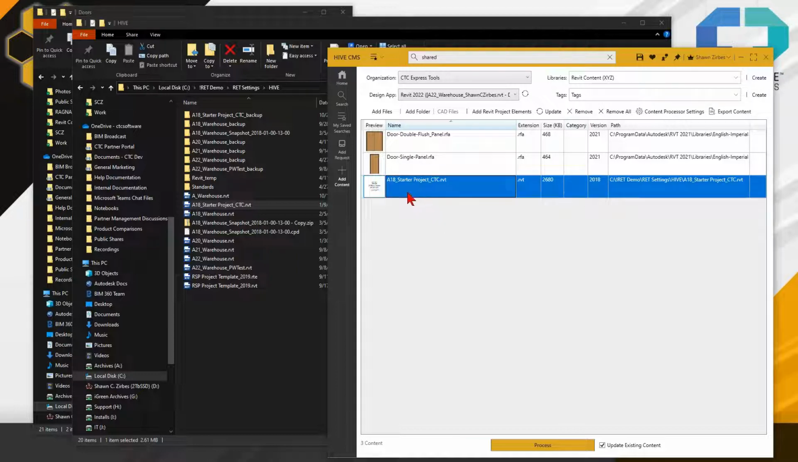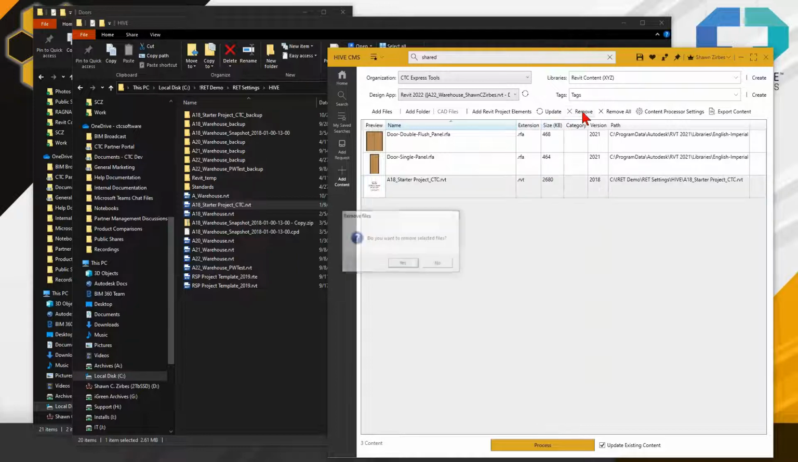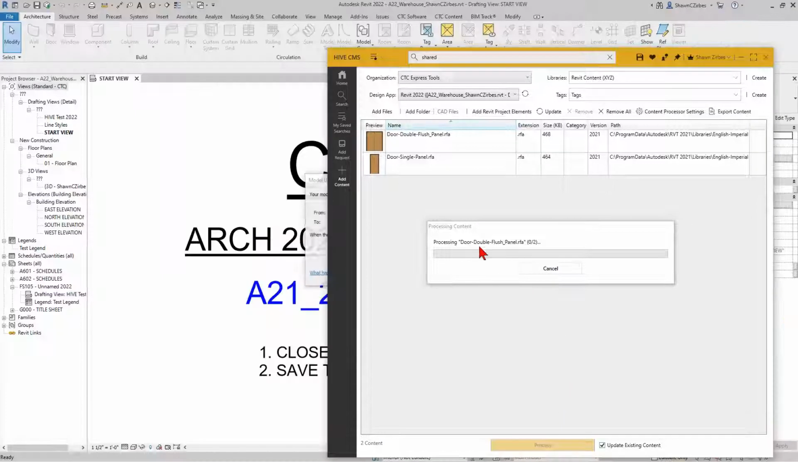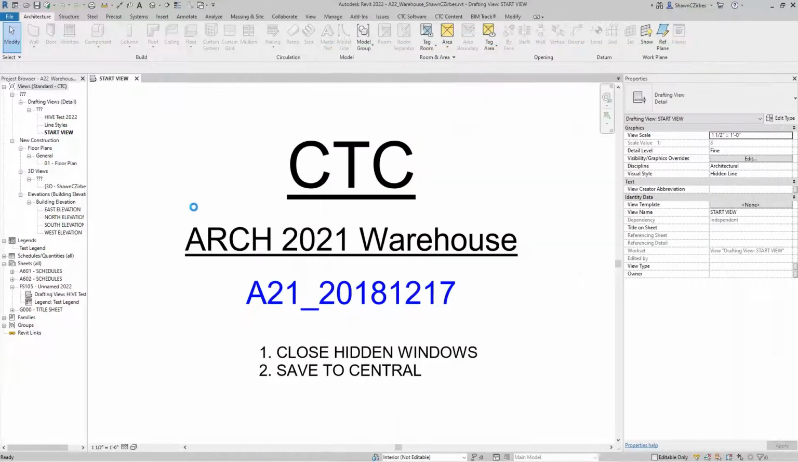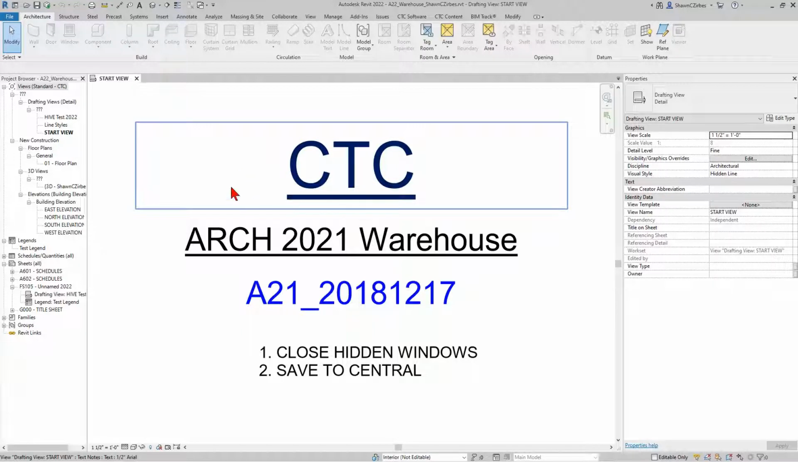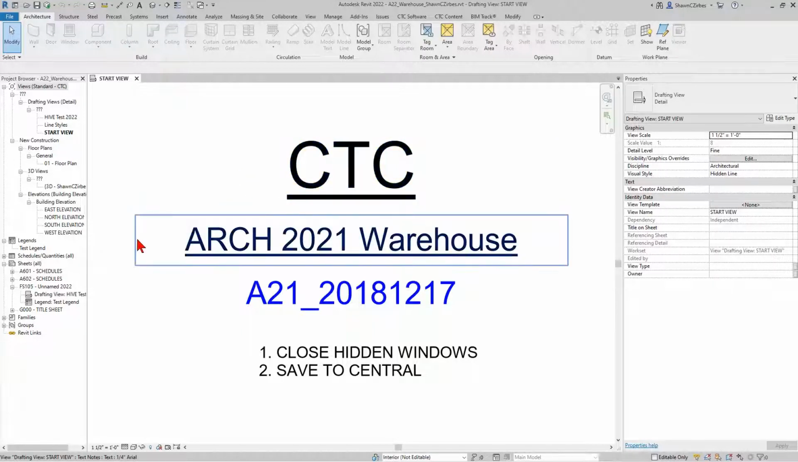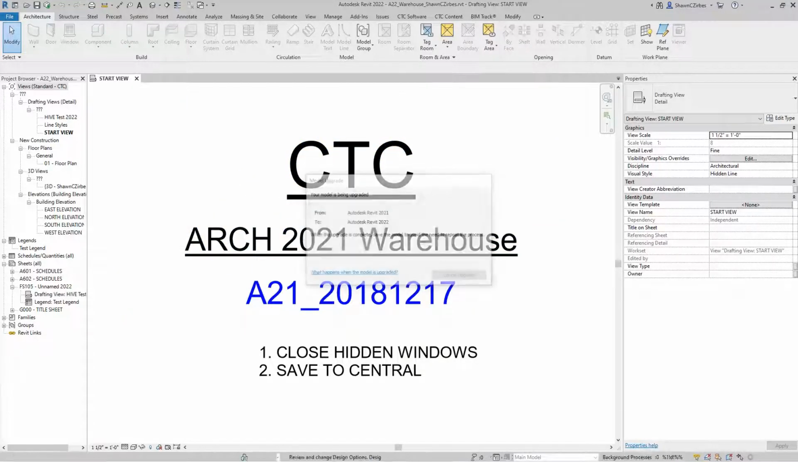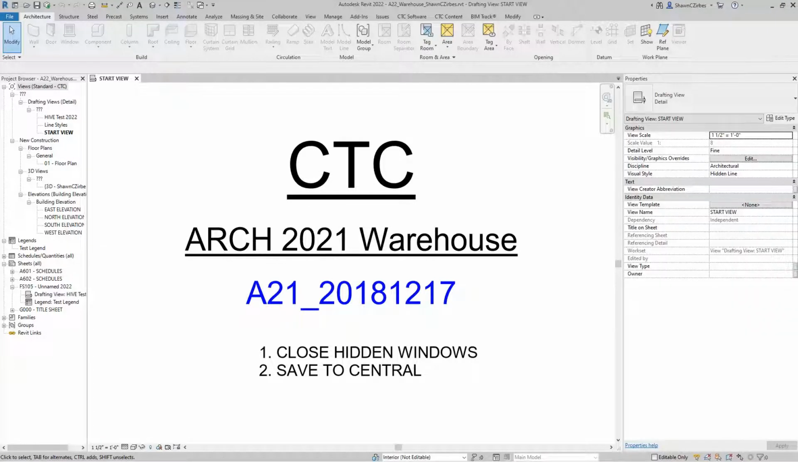Now, I'm going to remove this one because I don't want to wait for this project to upgrade. It's a pretty small file. It's only about 2.5 meg, but I don't want to wait for that. So I am very intentionally going to remove this from the list, and I'm going to just process those two doors. This will use my active Revit session back here in Revit 2022. It's going to process in that session. It's going to scan those two files, each one of them, upgrade them, check their type catalogs if they have type catalogs,